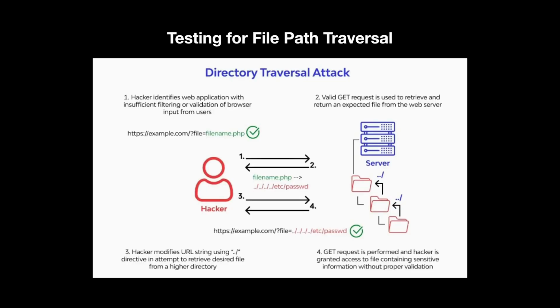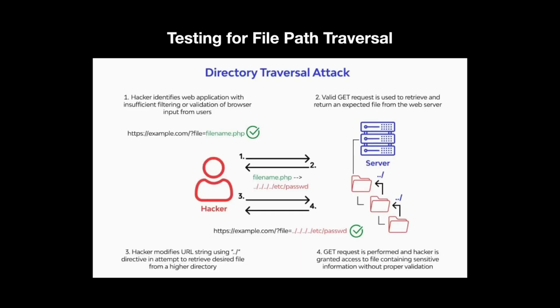As you can see, the URL has file equals to filename.php. This is a valid URL, and he gets a valid GET request response from the server. He uses this GET request to retrieve and return